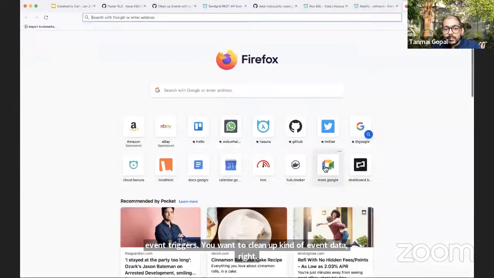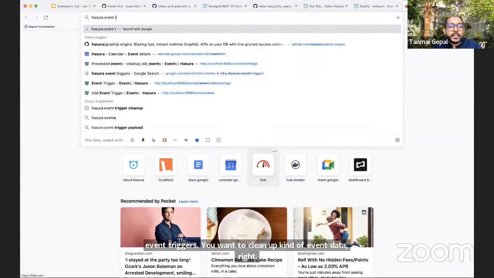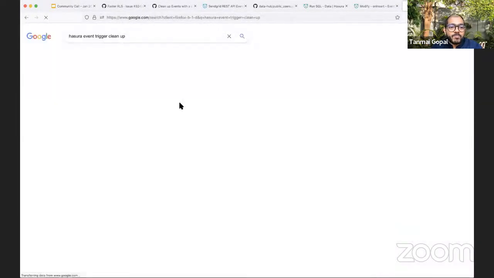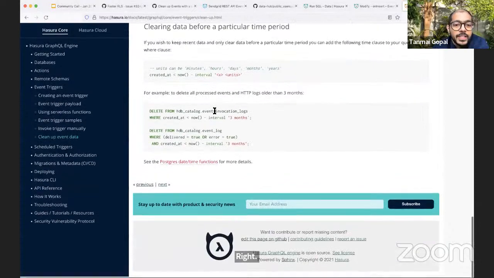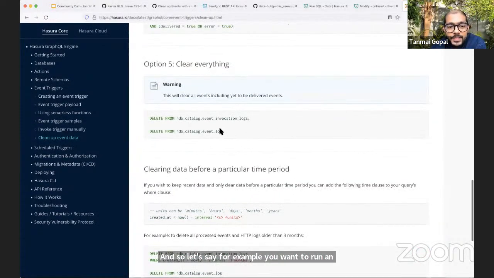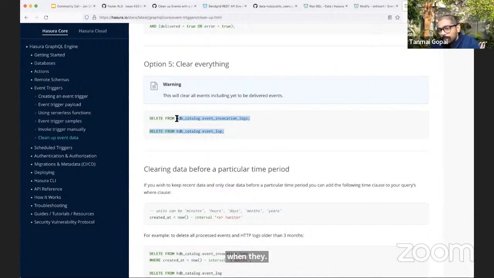Say you want to run an operation that cleans out event triggers at a certain interval, let's say every day you want to clean out all the invocation logs, because millions of invocation logs have happened. Now, what you would have had to do is run this SQL, which cleans out the event trigger log, with whatever frequency, right? So you would have had to set it up.